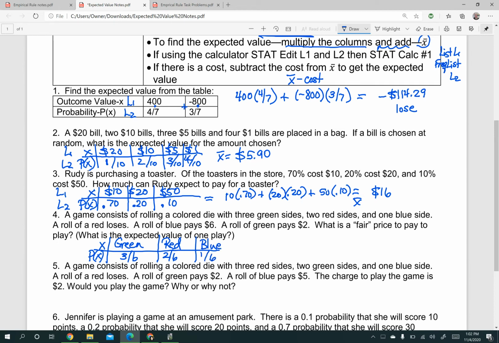That's our probability. A roll of red loses. That means you're going to get no dollars for red. A roll of blue pays $6. And a roll of green pays $2. So we want to know what is a fair price to pay to play. So in other words, what would it cost to play this game? So what's the average price? Okay. So we would say,